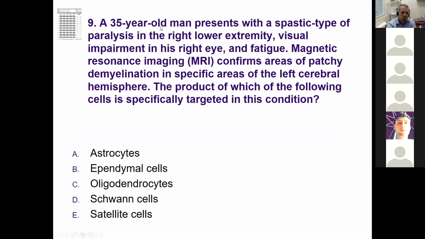There is a man in his 30s that has a paralysis. Now, paralysis is the loss of function of the muscles. Spastic type suggests